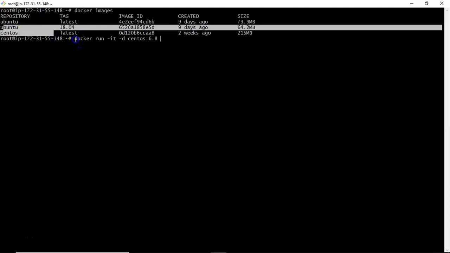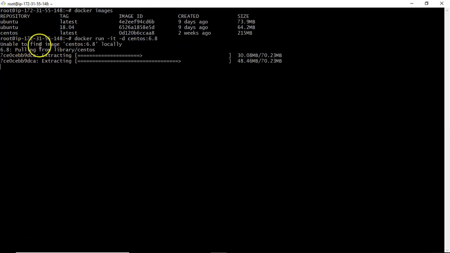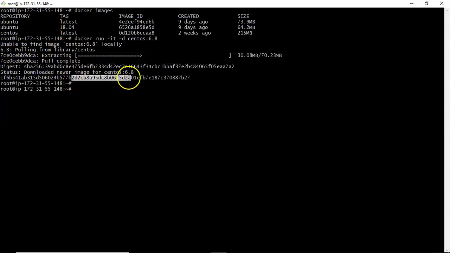If it is not there, the docker command will automatically download it from Docker Hub, or hub.docker.com. Now let me enter. See that it is downloading. Unable to find image locally, that's why it is pulling your image from the remote server. After pulling, it is creating that container.